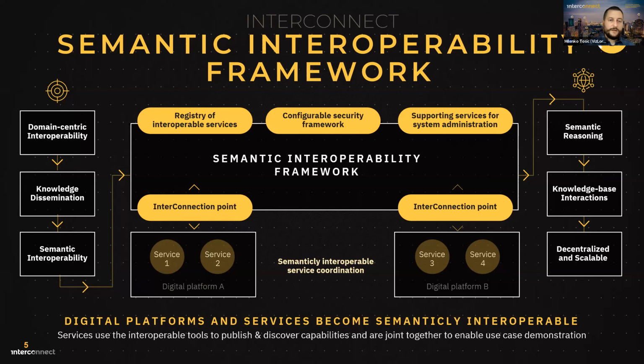As you can see here, the goal is for the semantic interoperability framework. Again, we are constantly showing it as some centralized component, but it is not a platform where you are sending your data, where your data is remapped, repacked, and then sent through some unified interface. We are providing a set of enablers that the service providers and integrators use, adapt to their own technologies, data models, and interfaces, and then based on that,